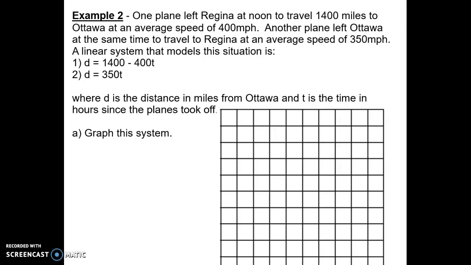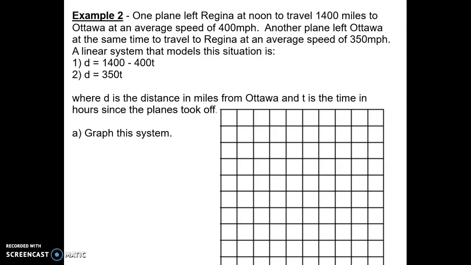So we had a plane left Regina at noon to travel 1,400 miles to Ottawa at an average speed of 400 miles per hour. Another plane left Ottawa at the same time to travel to Regina at an average speed of 350. So one is leaving Ottawa going to Regina, the other is leaving Regina and going to Ottawa. We want to find,